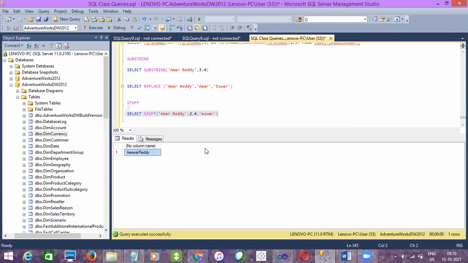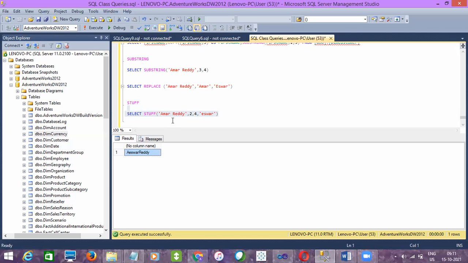What happened? Can anyone explain here? It takes from the second character and changes the name.